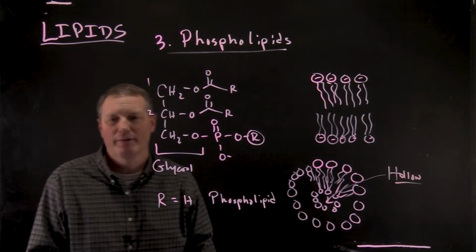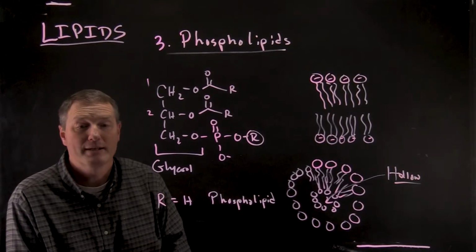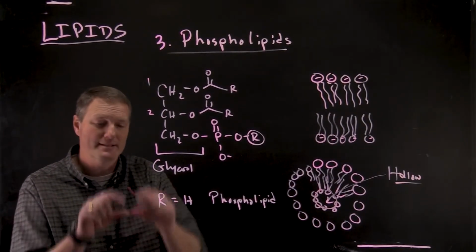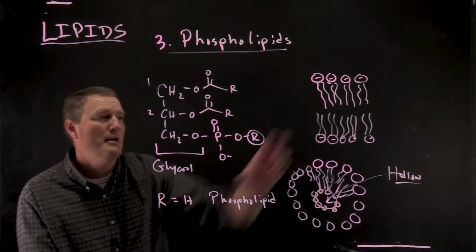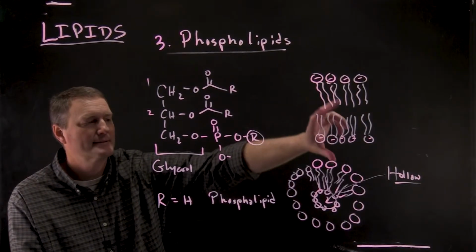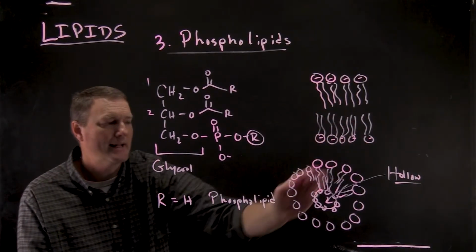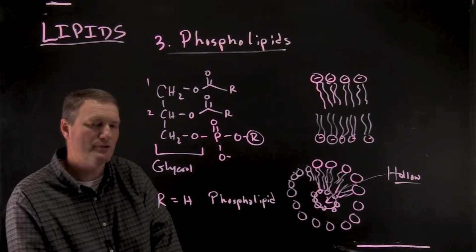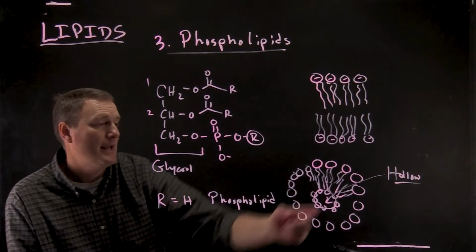These are the types of lipids that are found in cell membranes. So envision now this is a hollowed out region. This is what a cell is. It's a lipid bilayer made of phospholipids like this that has both an inside and an outside of the sphere. So if we were to do a cross-section of a spherical droplet of phospholipids, it would have a